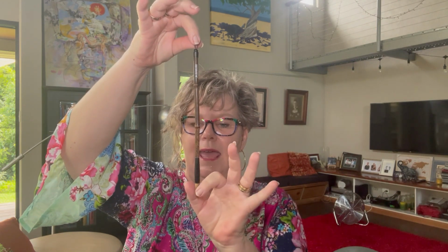Now with some brushes, like this one, this brush is meant to hang. It's meant to hang to dry so that its hairs will form that perfect point. Now, if you're in a reputable art store, and you're buying brushes, especially ones that come to a point, the staff there should be able to supply you with a glass of water. So when you dip your brush into that glass of water in the store, it will fan out, it will hold water, it'll suck water up into it, but it should still come to a perfect point. If you look at the tip of your brush and it is not a perfect point, it's not a perfect paintbrush. It doesn't matter with a round brush how big the diameter of your brush is. You can have something that's quite enormous, but if it comes to that perfect point,